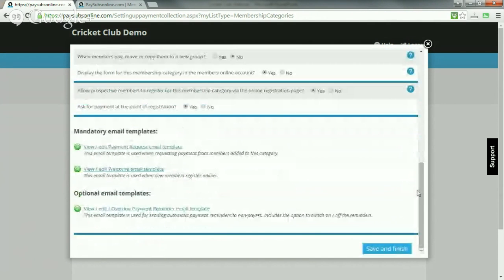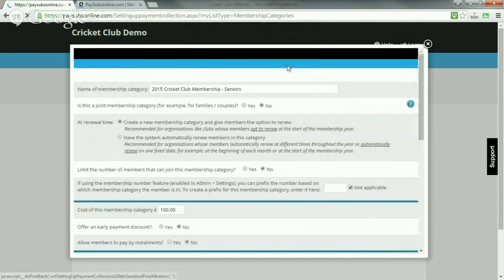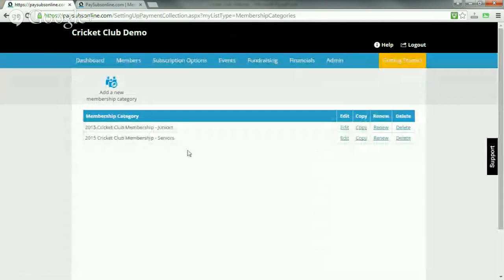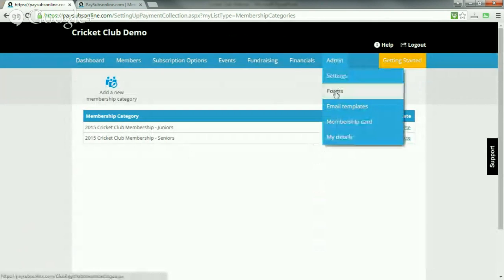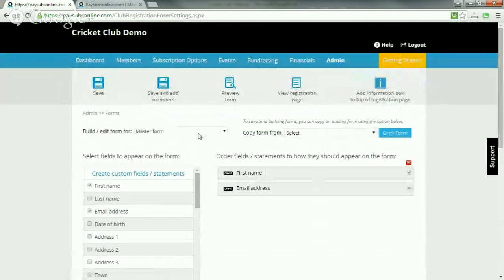If you want to come in here and edit the email templates, you can, but I'm just going to click on save and finish. Okay, so one thing I need to do is amend the form for the seniors, because on our junior form I had some